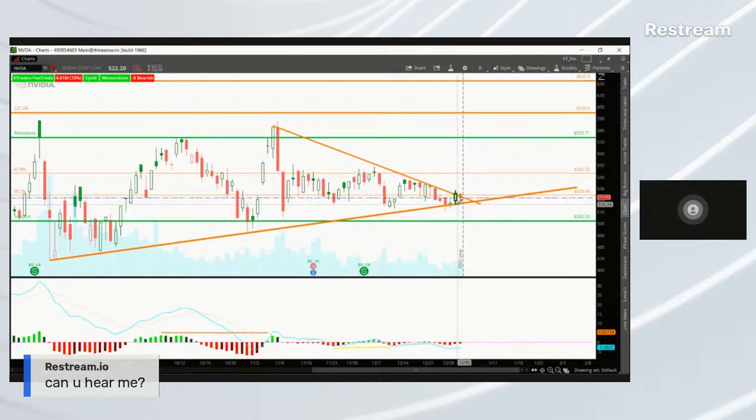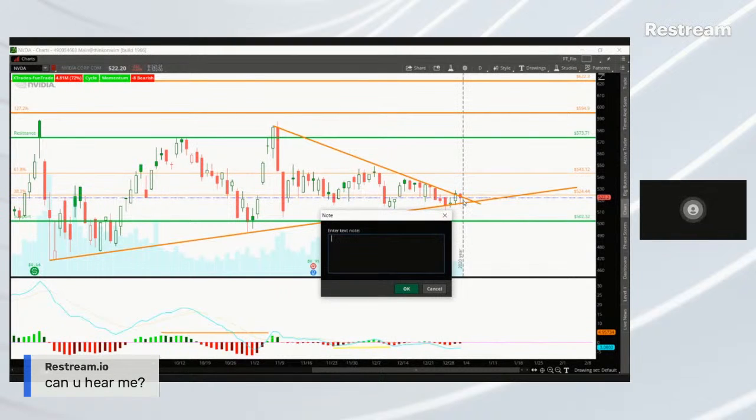So what I'm going to do is let me just take the notes, right. For me, I will wait for Nvidia to break the resistance and the fib level here, entry on the break of the 38.2 percentile, which is 524.44. I will make it 525. So there is 525,